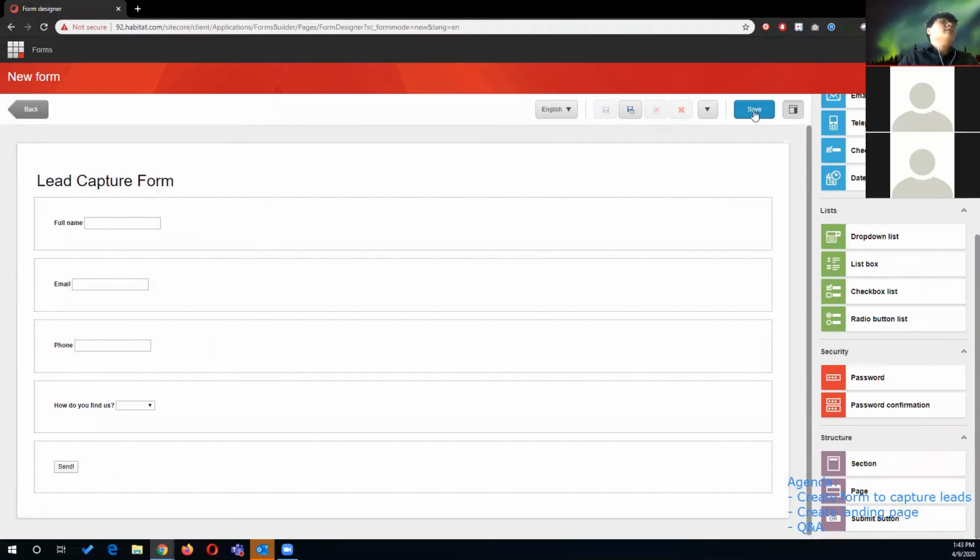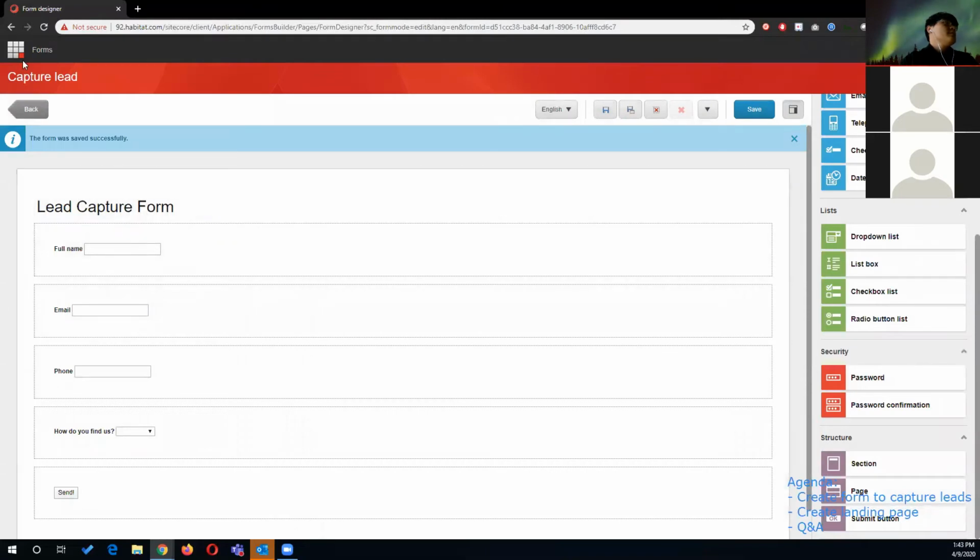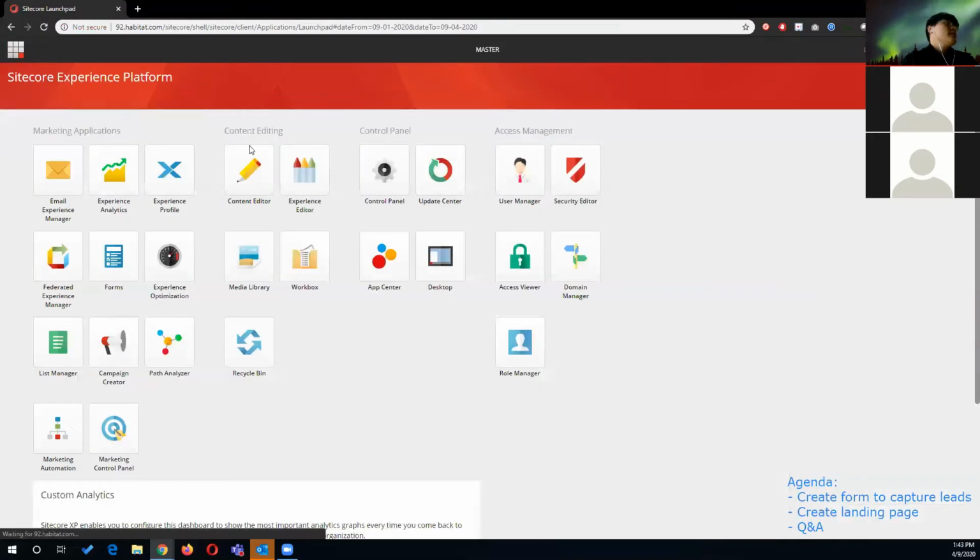Okay, next we need to save our forms, and Sitecore has a folder for us to save it in. I will say here capture lead save. Okay, so now we have a very basic and simple capture lead form. Then now I would go to the content editor,